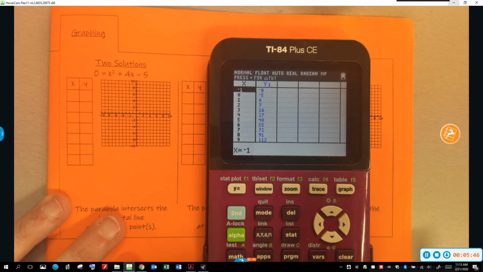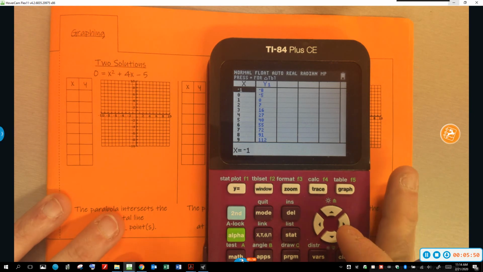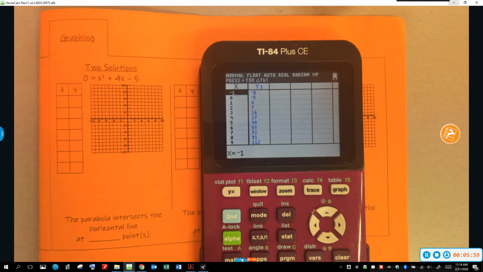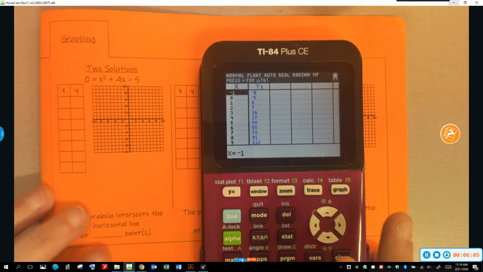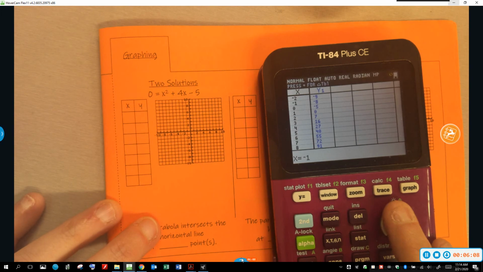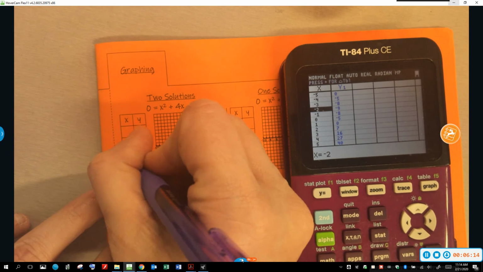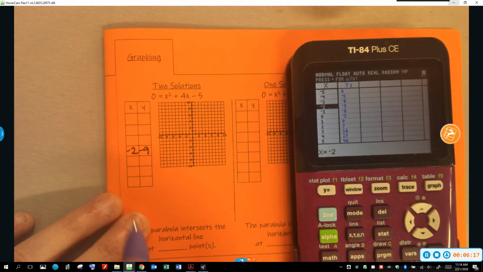Now, remember, we don't always do this. So I don't want you to think that the vertex is always in the middle of the table. When we build our own table, though, we want the vertex in the middle of the table because that helps us understand and see the shape of the parabola when we graph it. Okay, so when we're making our own table, we kind of want to see the vertex in the middle. All right, so I'm going to find my vertex. There it is. It's at -2, -9, and I'm going to build my table around that. -2, -9, and then